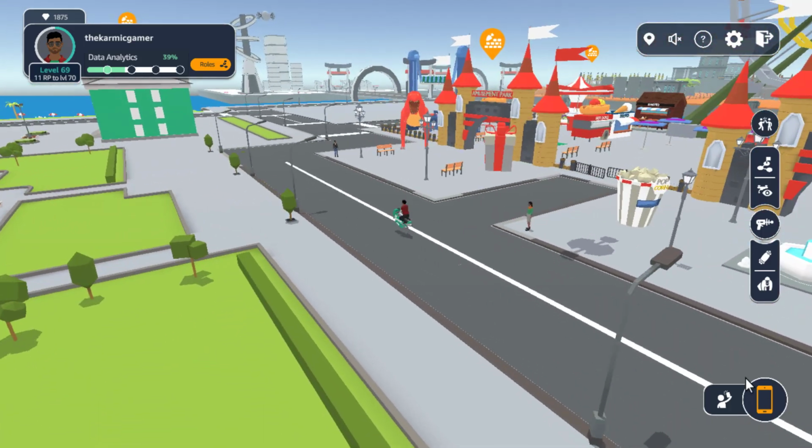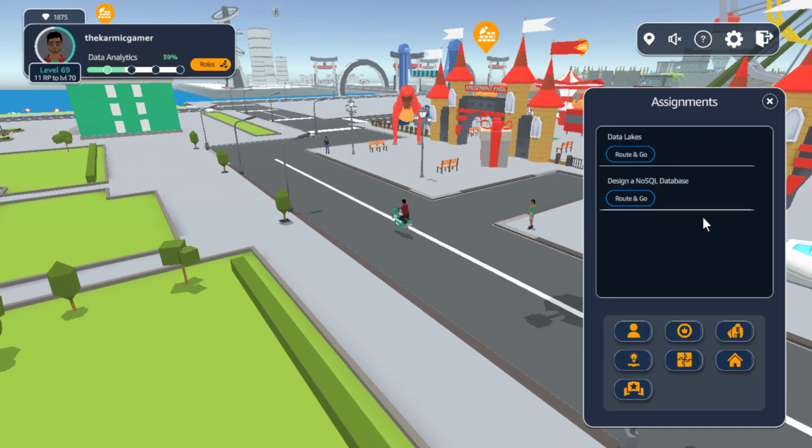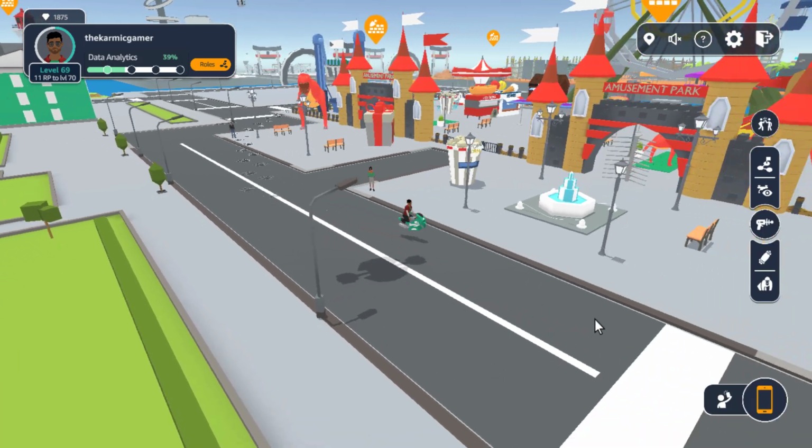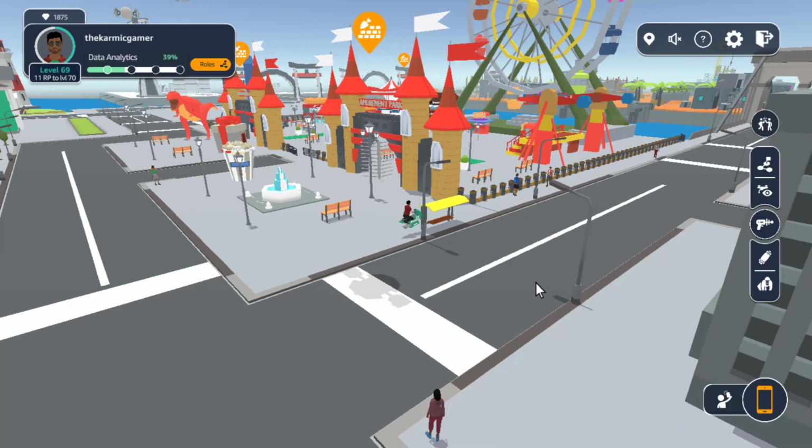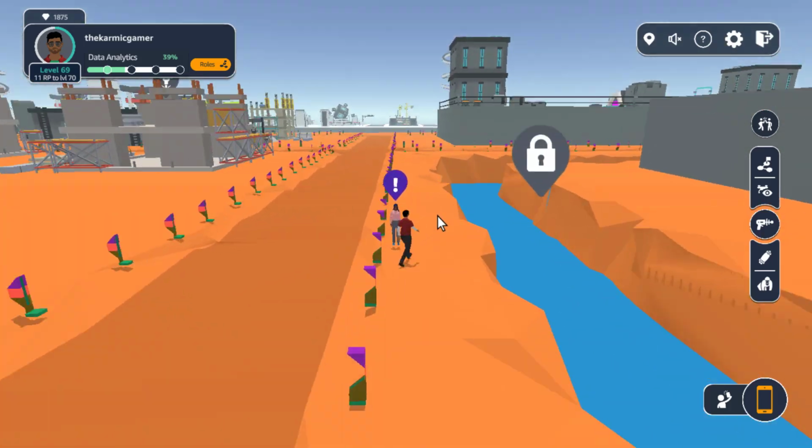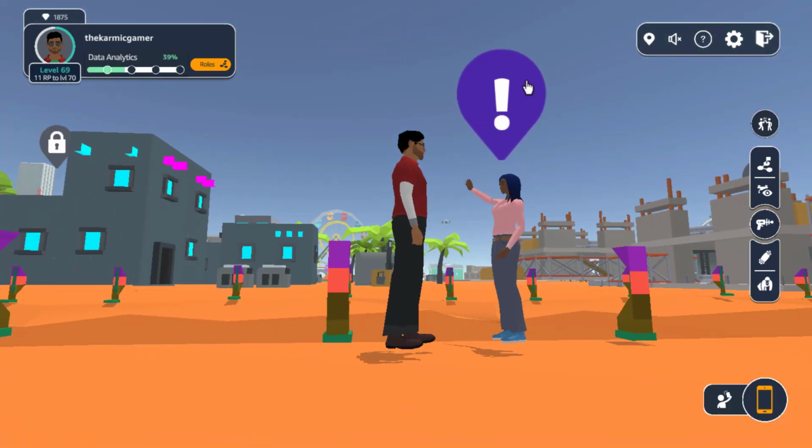That being said, let me click on my mobile phone, and currently we have 2 projects. We are going to do this one. We can go to that person, but by clicking this, it will automatically take us to them, so we don't have to roam around. Okay, we are on serverless island. Here, as you can see, there will be an exclamation mark. Let's click on them.